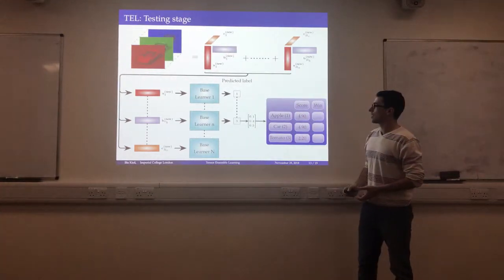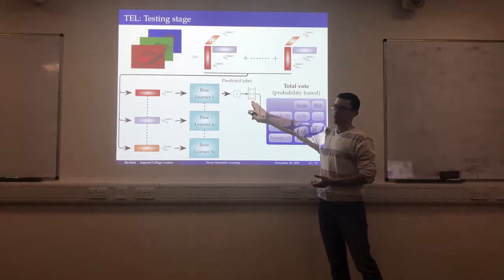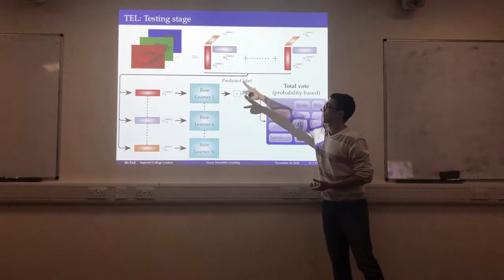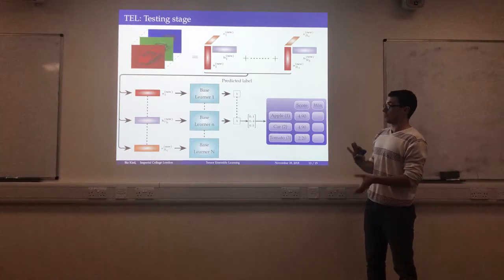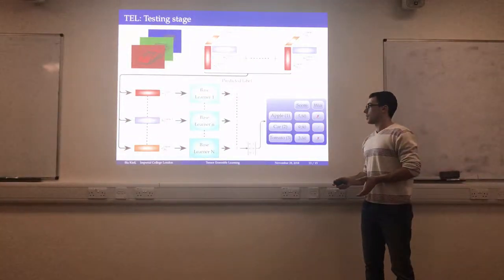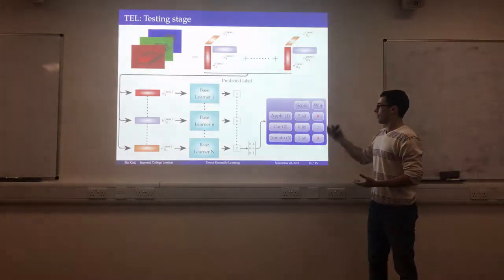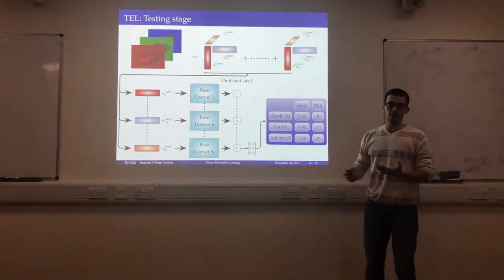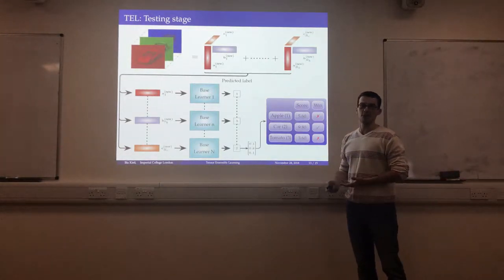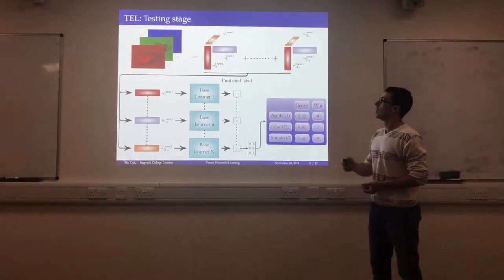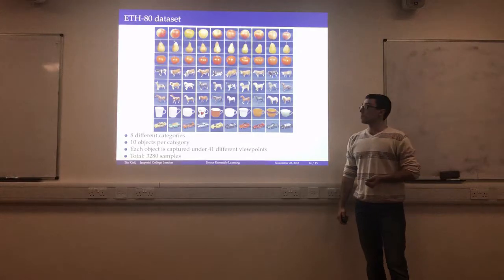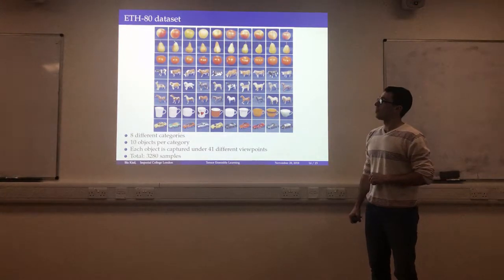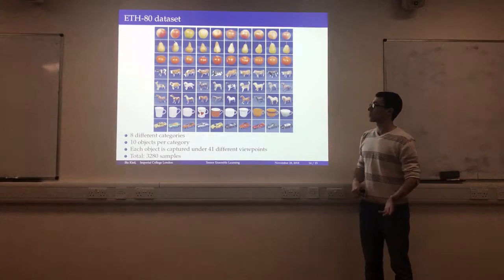You would combine it, and even if over here one of the base learners was pretty confident that this sample is an apple, another one would be pretty certain that it's not, in the end the chances are they would come up to the final solution, again by virtue of the wisdom of the crowd or a mixture of learners. So we've evaluated our framework on the ETH80 dataset, which consists of 8 different categories,